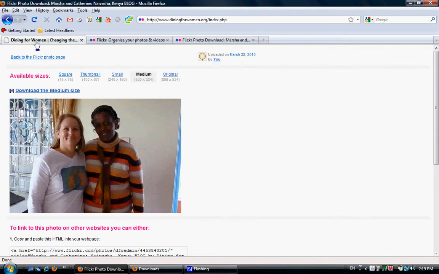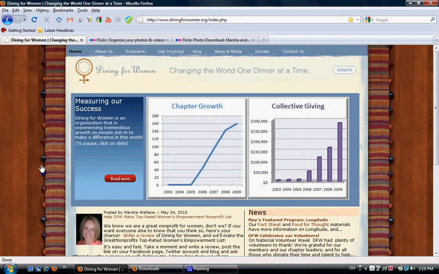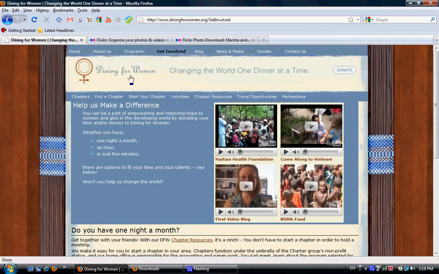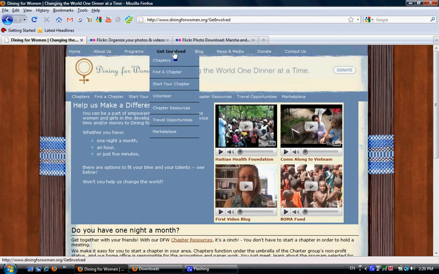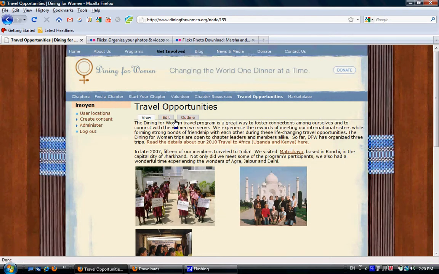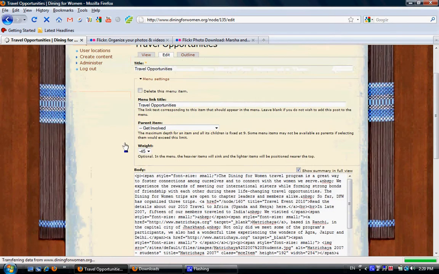I'll go to the Dining for Women website now. Okay, so I logged in to the Dining for Women website with admin edit rights capability. I want to go to the Get Involved travel opportunities page, and if you logged in okay, which you should, you will see view, edit, and outline tabs up here. So we want to edit an existing page, so we click on the edit tab and we should see something